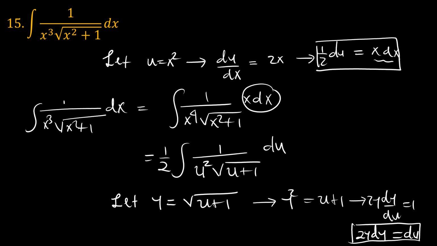Now from here we can see that y squared minus 1 squared is equal to u squared, and that is in reference to this guy here. So our problem, half integral of 1 over u squared times the square root of u plus 1,